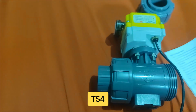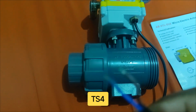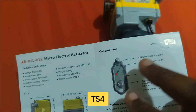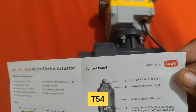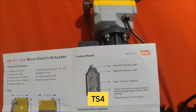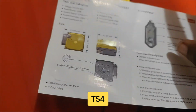So I believe that is it. Let me just talk about the app here. On the app, I did just plug the wire directly into our plug just to make sure that the app and everything was working. When you log into the app, you have to scroll down to the irrigation section down below and look for the valve. I didn't see the valve itself with the model number, so I just pressed on the order, and when you go into order,